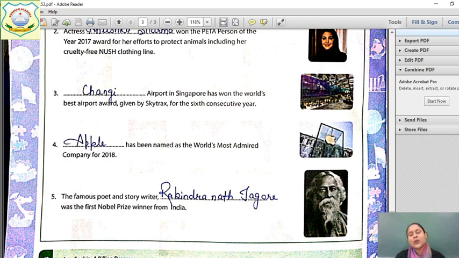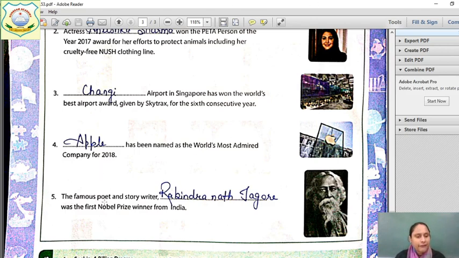So this is one of the companies which has been given world's most admired company. People admire the products of Apple a lot. You might have heard that Apple is producing many kinds of iPhones, iPads, mobile phones, laptops, PCs. So people are making use of this company's gadgets a lot. Okay, so it is one of the world's most admired companies.